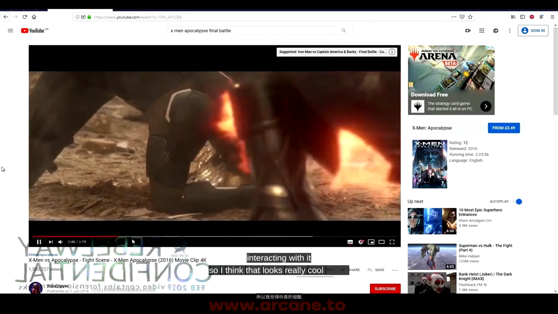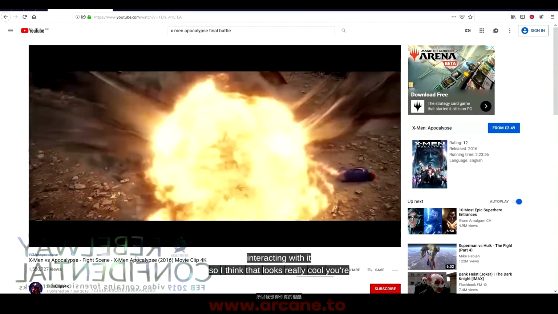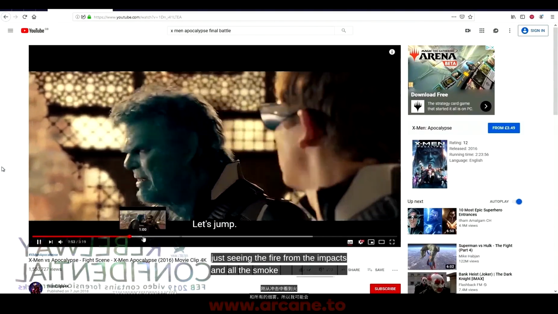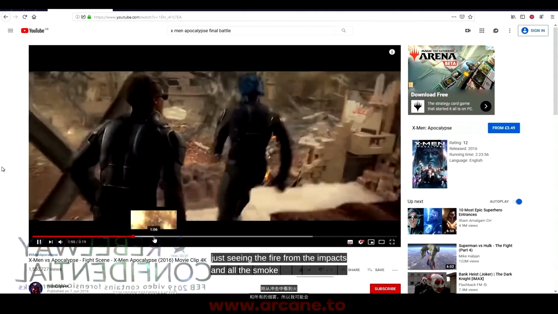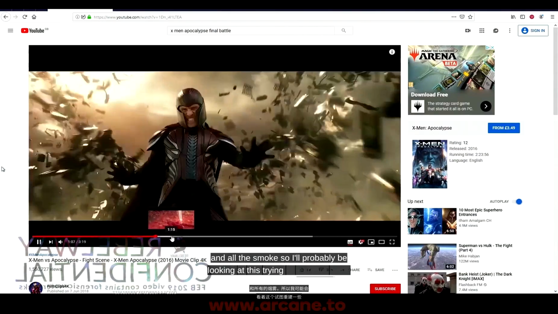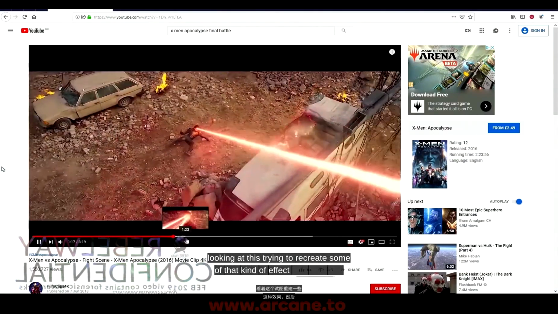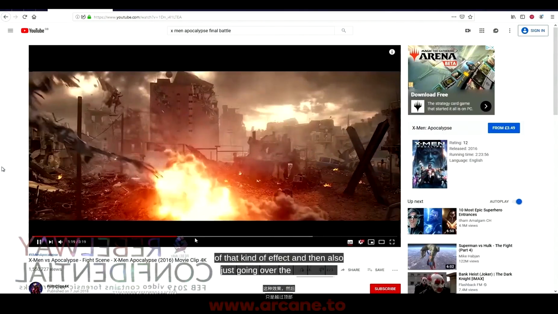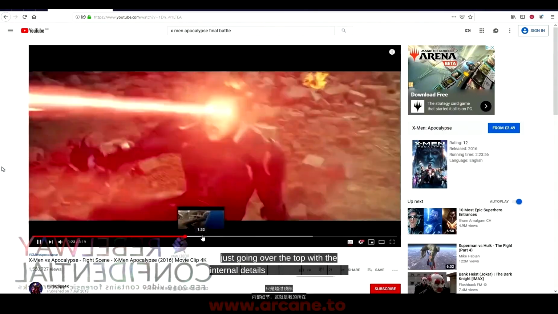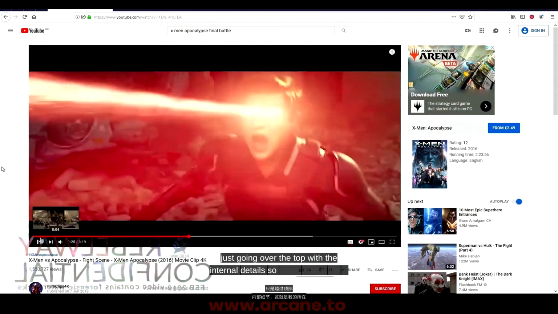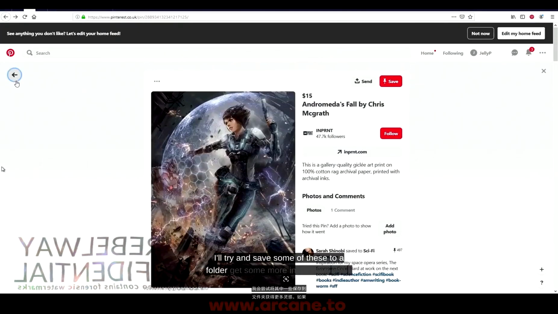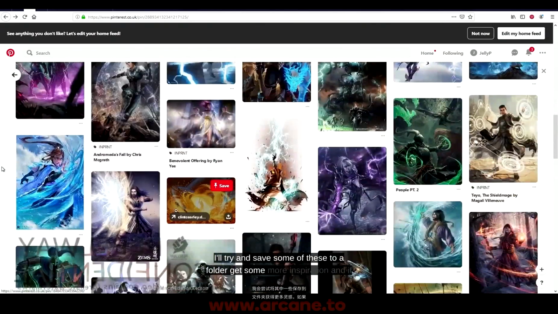So I think that looks really cool. You're just seeing the fire from the impacts and all the smoke. So I'll probably be looking at this, trying to recreate some of that kind of effect, and then also just going over the top with the internal details. So that's where I'm at. I'll try and save some of these to a folder, get some more inspiration,